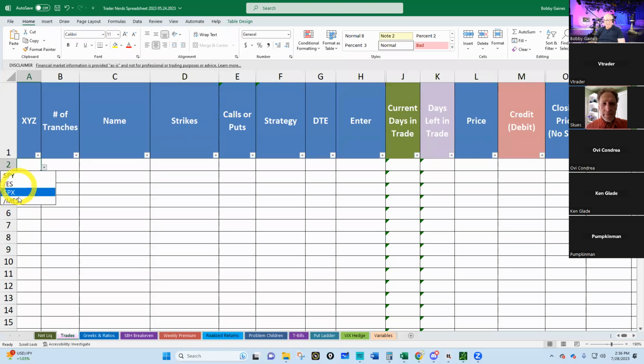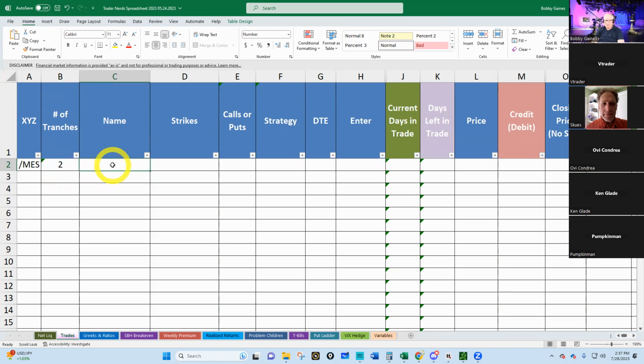Now, I could show you how to change it and make it for other stuff, but let's just assume that y'all are trading similar to me, and you're going to trade the MES. How many tranches? This shouldn't say tranches. This really should say contracts. And y'all know on a 1-1-2, it's not really one tranche, right? We're selling two strikes. So if I'm selling two options, I'm going to put two there. So that should actually say number of contracts, two.